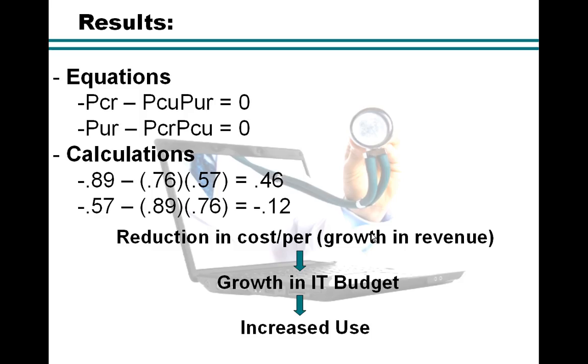The calculations shown here are the equations used to determine this, and the variables represent the different correlations. PCR represents the cost of IT and revenue. PCU represents the cost and use of IT, and PUR represents the correlation between use of IT and revenue. By plugging in the figures from our data, we can calculate to see which figure is closer to 0. Negative 0.12 is closer to 0 than 0.46. Thus, we see that the reduction in cost per patient has led to a growth in IT budget, which has